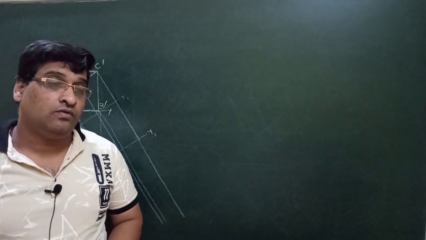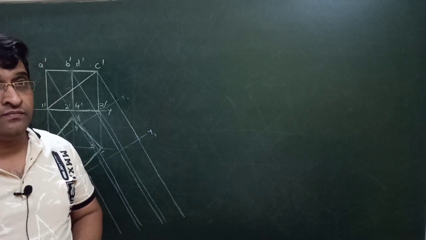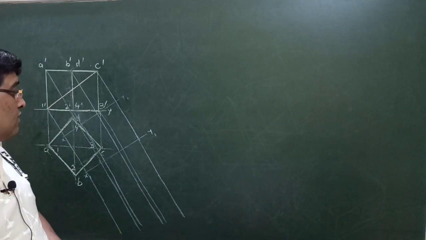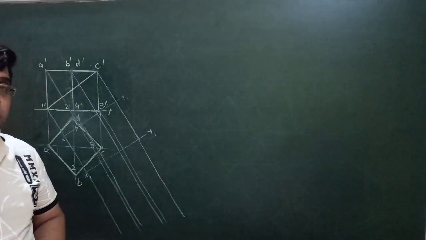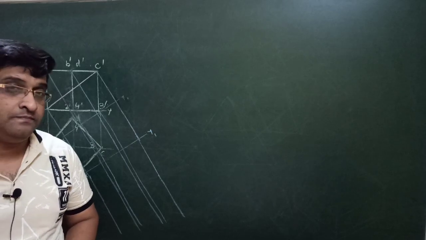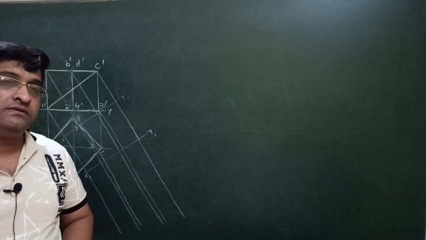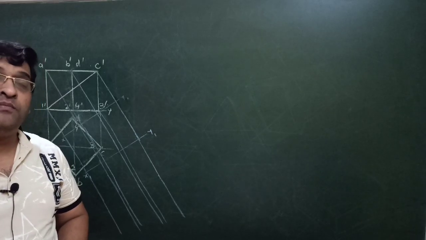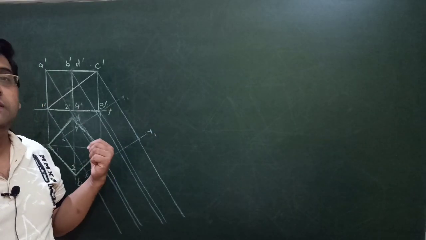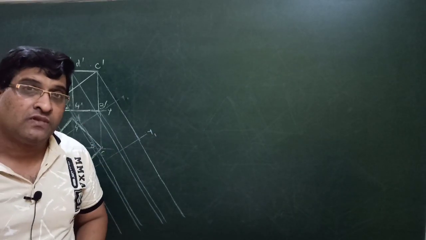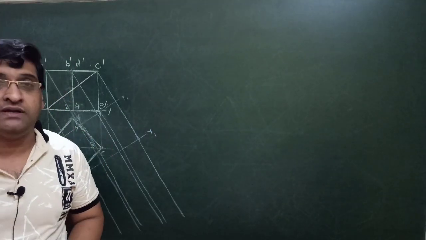In my previous video, I discussed the auxiliary planes method for projections of solids. In today's video, we are going to take one more problem using the auxiliary planes method, that is, the change of position of axis method. If you remember, in one of my videos, projections of solids problems explained part 5, we solved this problem using the change of position of object method. Today we are going to attempt this question using the auxiliary planes method.